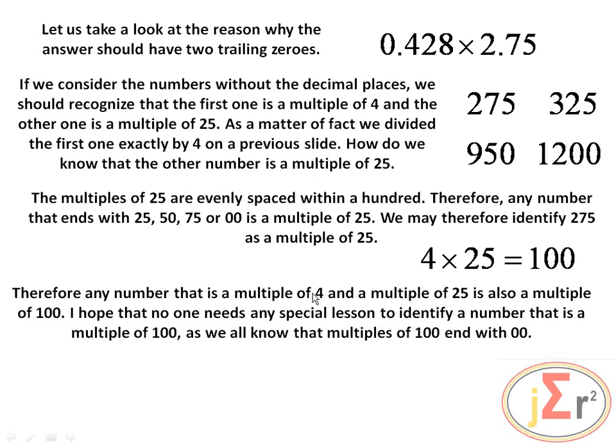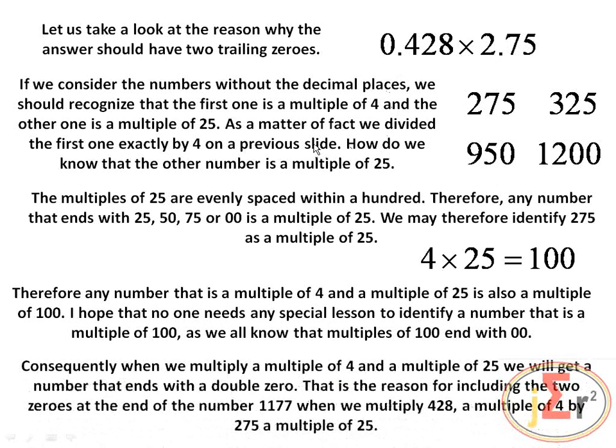Therefore, we are sure that the result of multiplying these two numbers should end with a double zero. So consequently, when we multiply a multiple of 4 and a multiple of 25, we will get a number that ends with a double zero. That is the reason for including the 2 zeros at the end of the number